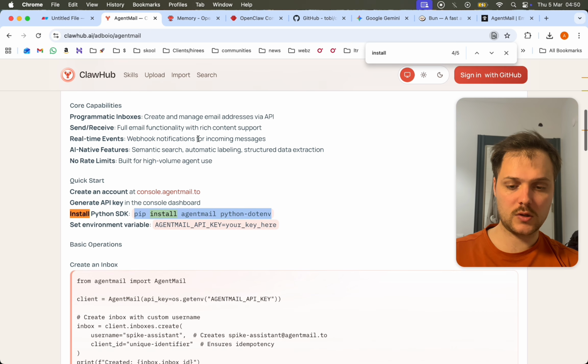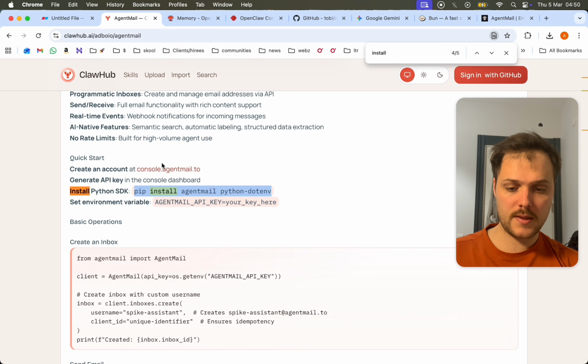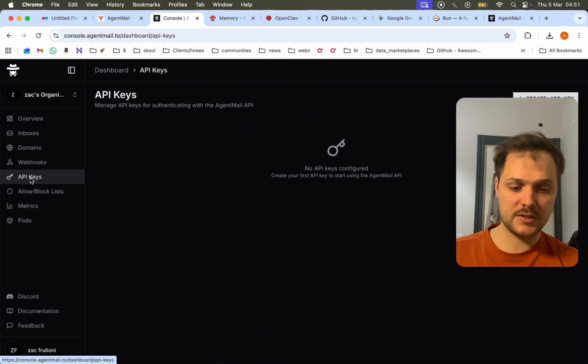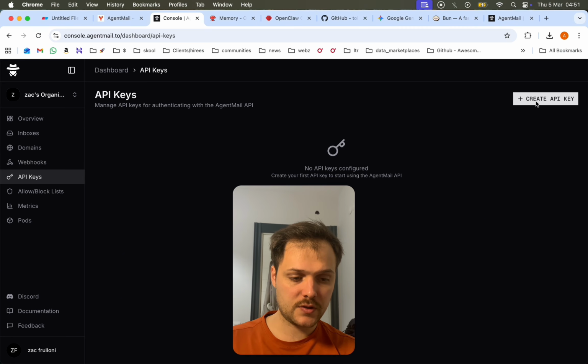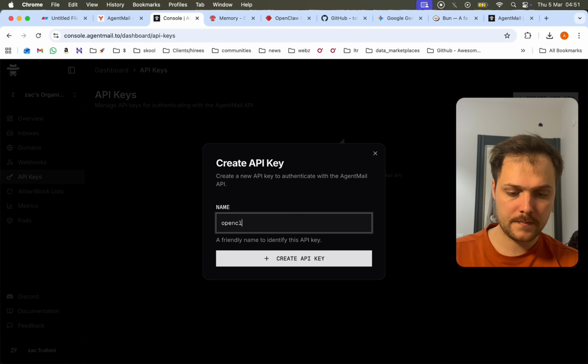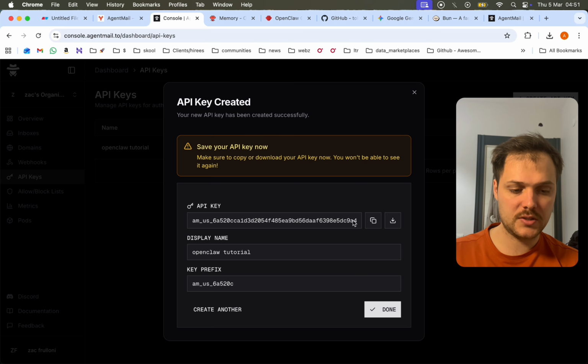So let's just head over to ClawHub. And then what we can do is follow the quick start guide here, and we'll go over to AgentMail.to, and then head over to API keys here in the left sidebar, and we'll create an API key. We're going to call it OpenClaw tutorial, and then click on create API key. I will be deleting this API key straight after this video, so we'll copy this API key and save